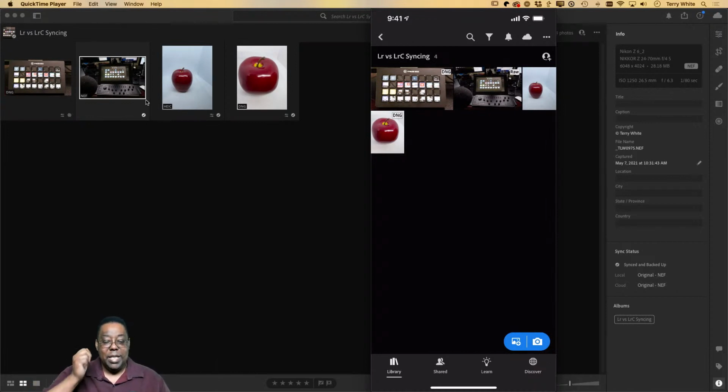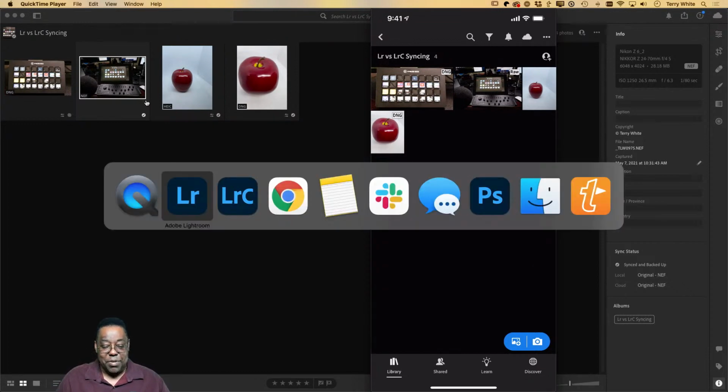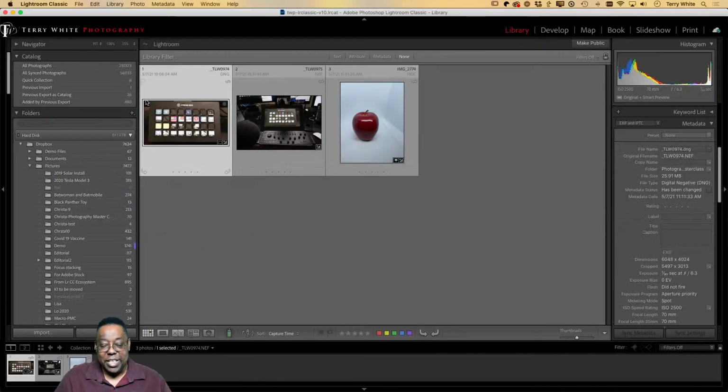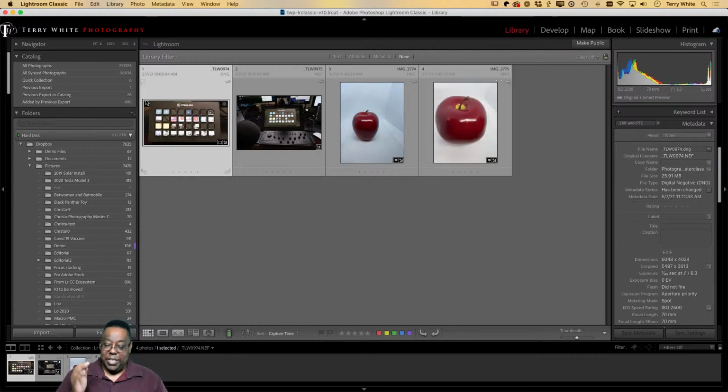Lightroom. Now, because that collection or album, in this case album, is synced to the cloud as well, if I go to Lightroom Classic, it's starting to bring them down there as well, because that album / collection is synced to the cloud. It'll take us a few seconds to bring down the bigger raw file, but it'll come down eventually. So, and there it is.